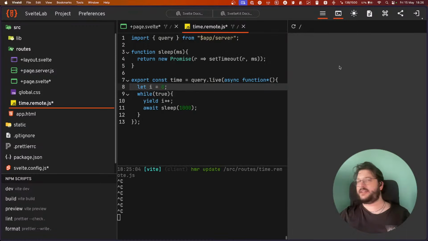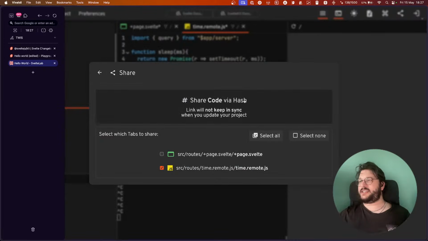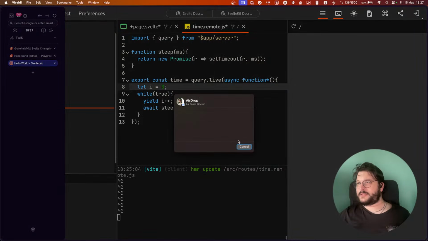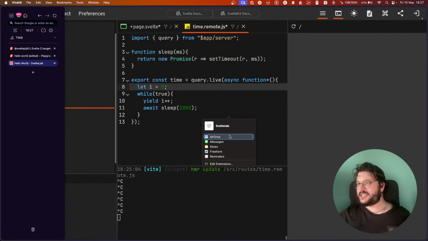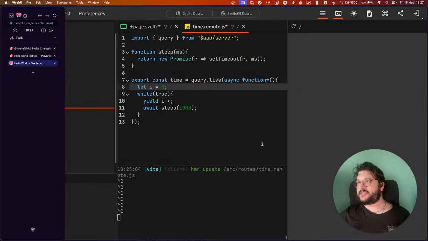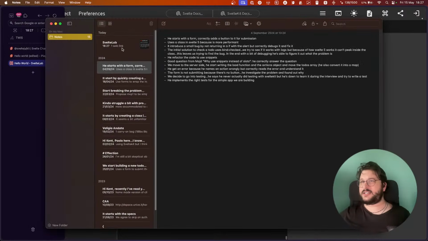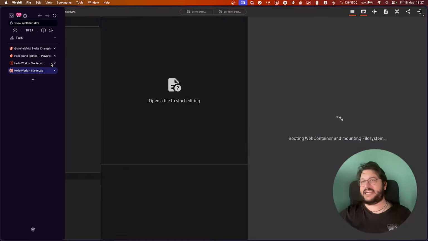I don't have this set up. Oh gosh, I hate Apple in this case. AirDrop. There's no way for me to copy this link without notes. Okay, save. Can I open my notes now and I have it there? Okay, I guess.